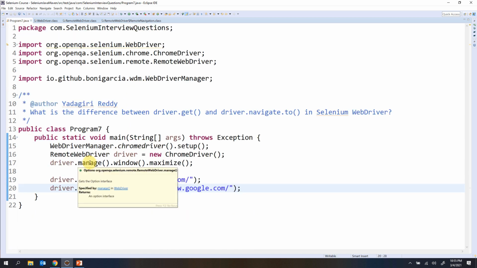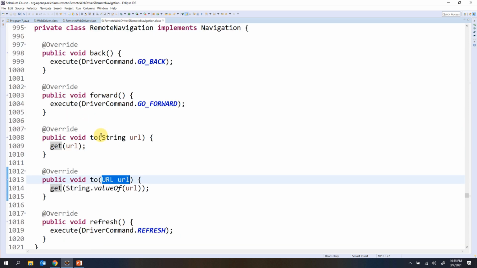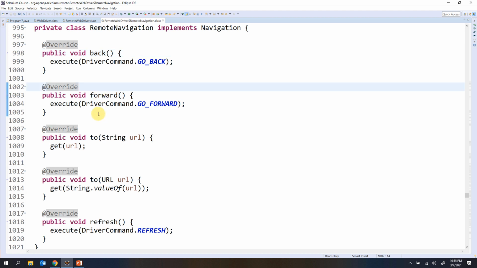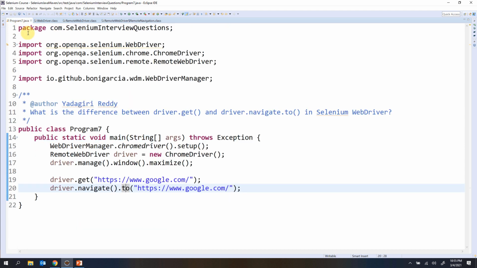You may have a doubt about why Selenium WebDriver implemented these two methods. Why can't we have only a single method? That is because, see, when I talk about directions, I want to talk about all the directions: north, south, east, west, like that. When I say navigate, navigation is something where you can navigate forward, backward, or to some different location. That is why it has back and forward and to also. So this is going to navigate to some different location itself. That is why Selenium WebDriver has implemented these two methods. So that is the concept, guys.